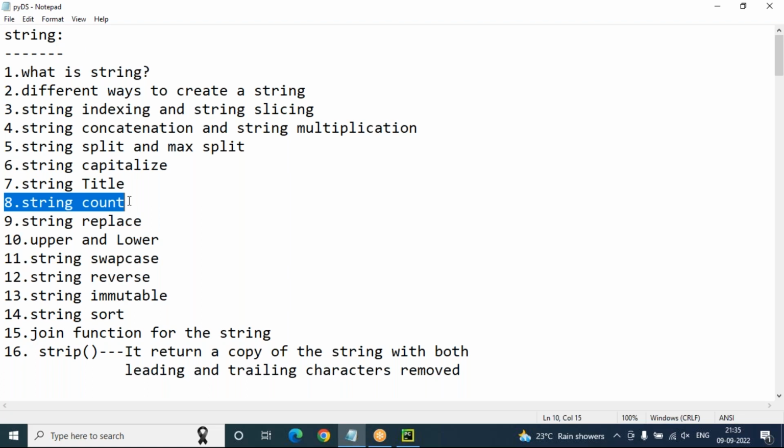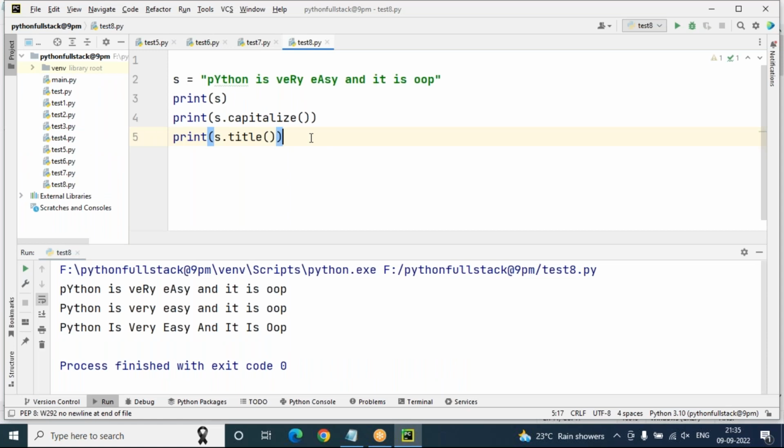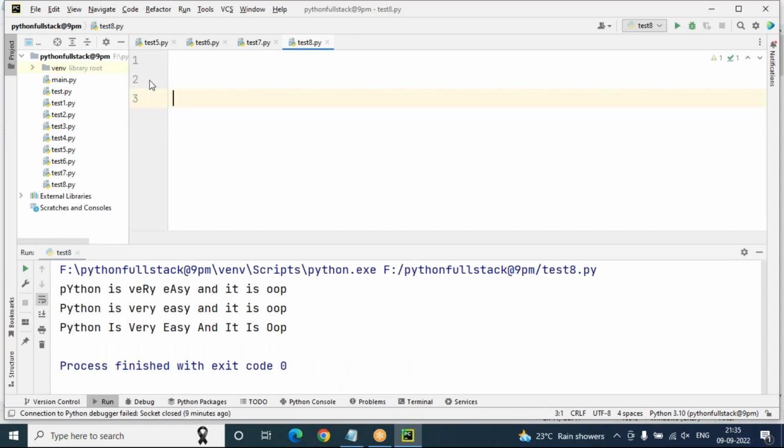Simple logic. Substring means what? It's a part of the string. So how many of those substrings are there in the target string, it returns. Who will return? The count function will return always a substring count only. Let's see how the count function works. We'll see this. So for example, here my string is s equals to